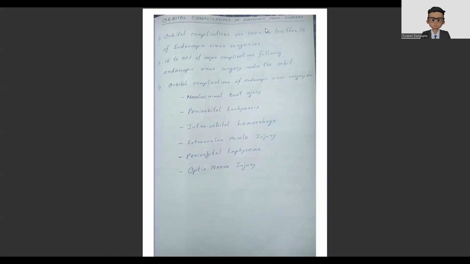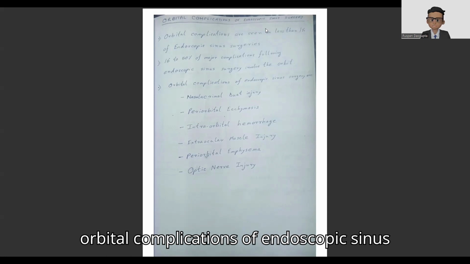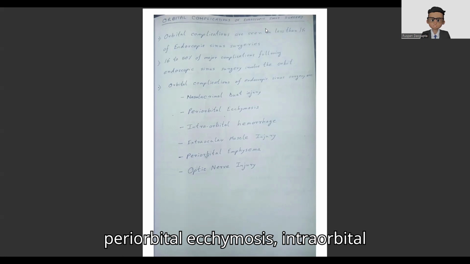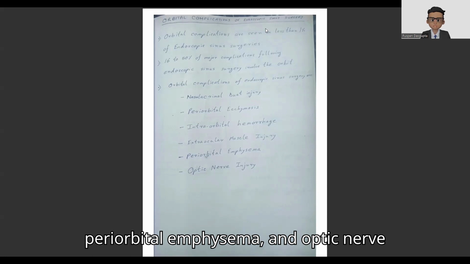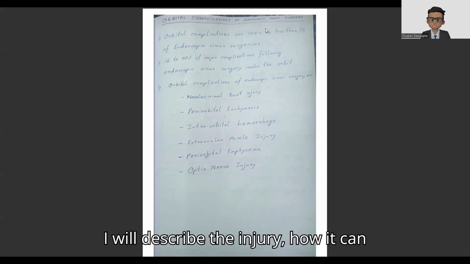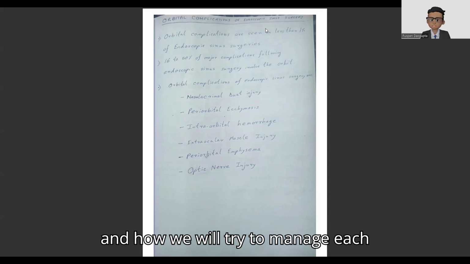So here I have listed out the common orbital complications of endoscopic sinus surgery: nasolacrimal duct injury, periorbital ecchymosis, intraorbital hemorrhage, extraocular muscle injury, periorbital emphysema, and optic nerve injury. I will describe them one by one. I will describe the injury, how it can happen during endoscopic sinus surgery, and how we will try to manage